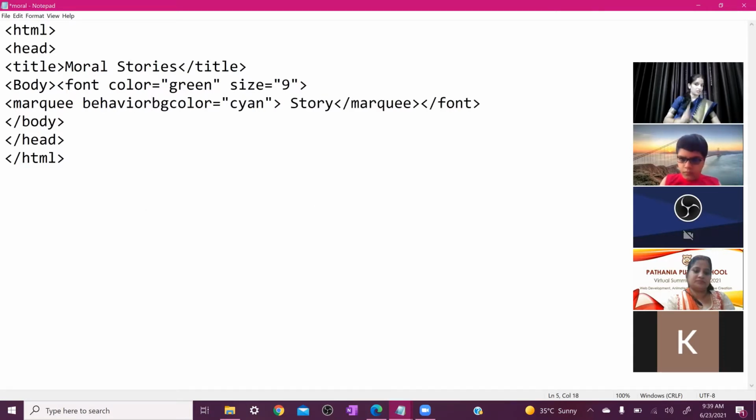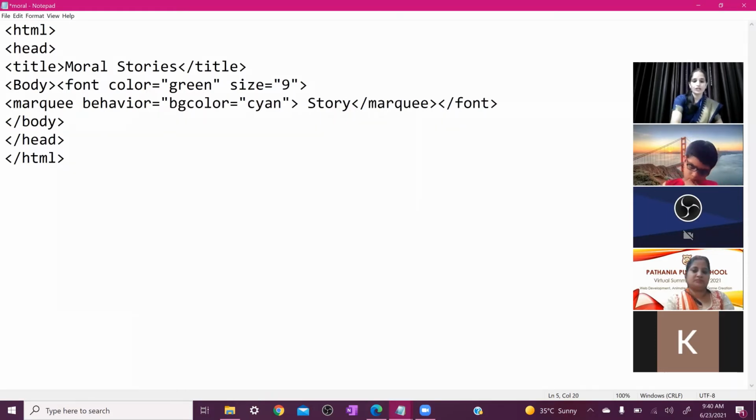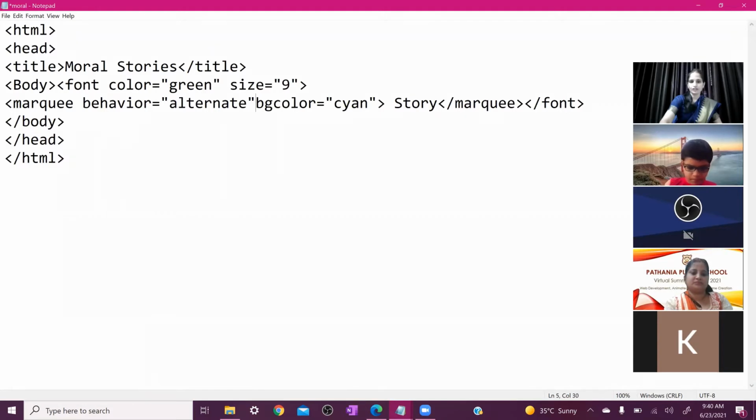Everyone attention here, don't write behaviour with a U. Okay, so the spelling here is behavior. Behavior is equal to, and between inverted commas you write alternate. And then close the inverted comma, and one space is very important here. So before this bgcolor, we give one space here. Now our marquee tag is completed.